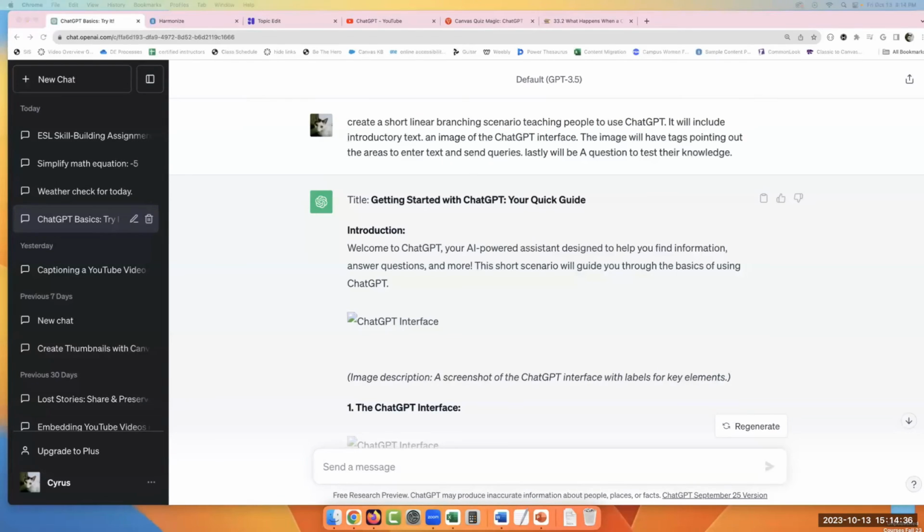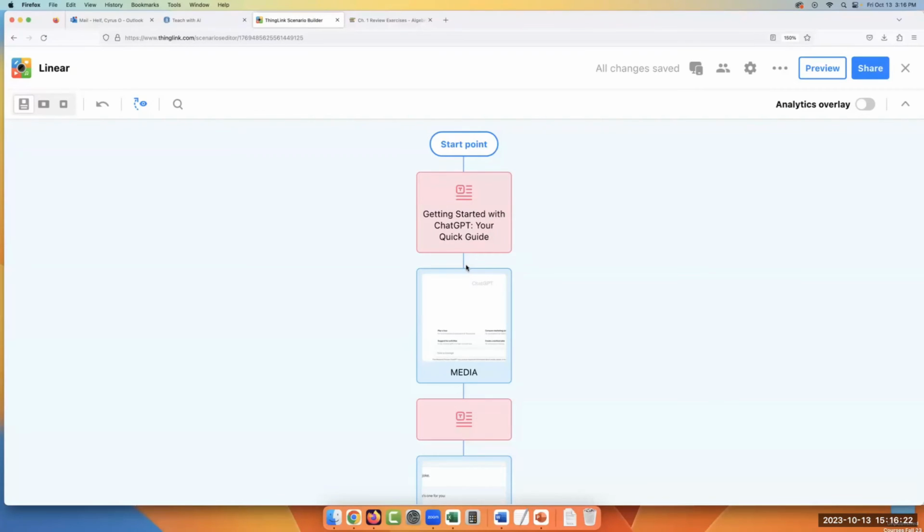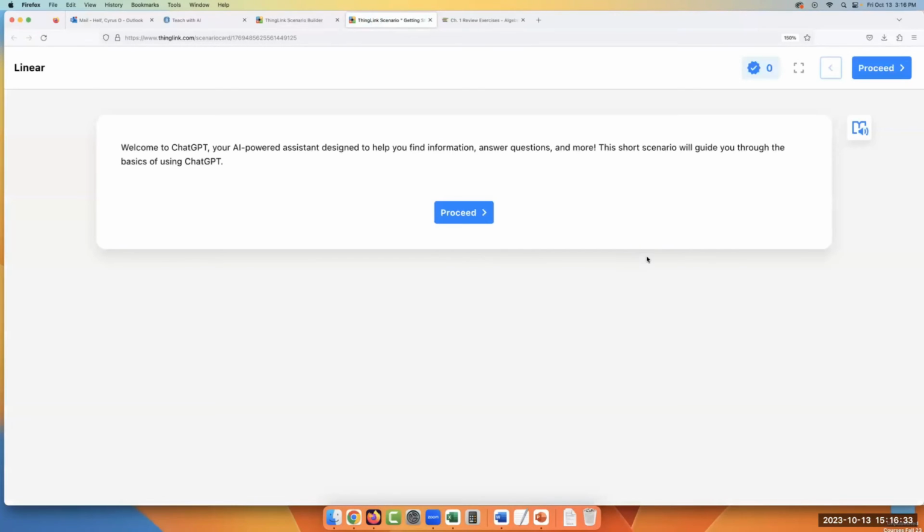So I asked it to do that, and I'm going to actually share the link to what I made, and it took me about 5 minutes to make this. All right, and I'm going to hit that button. All right, so now we can do it. But basically, I asked ChatGPT to come up with a scenario to teach ChatGPT, and it's really cool. I just pasted it in, so here it is, and you might be playing along if that link's working.